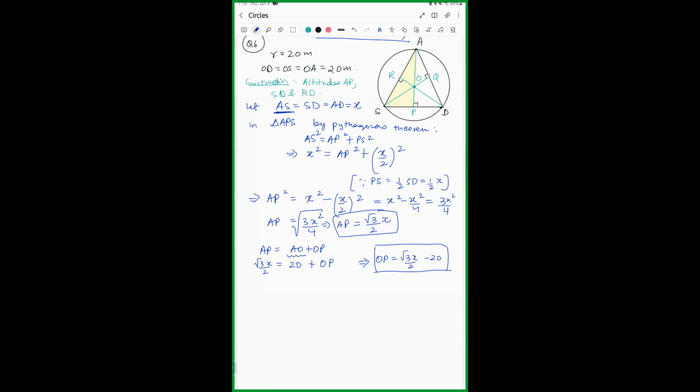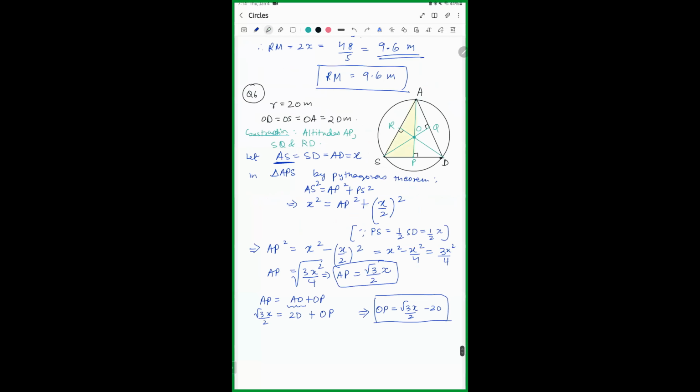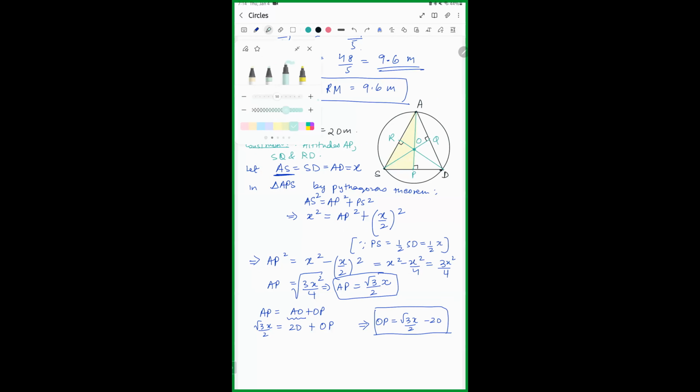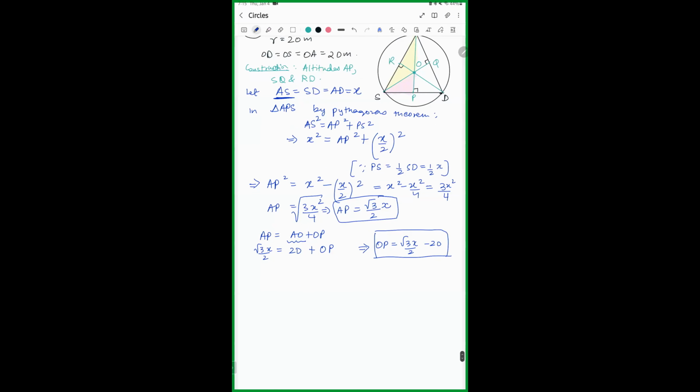Okay. So now let's look at another triangle. This triangle, this one. Okay. Let's look at this triangle. Let me denote it with something else. Oops, sorry. OPS. So in triangle OPS, again, it's a right angled triangle. So again, we can take Pythagoras theorem here. By Pythagoras theorem,